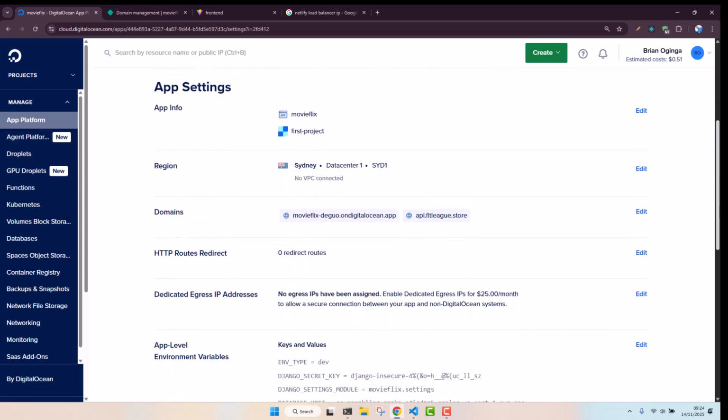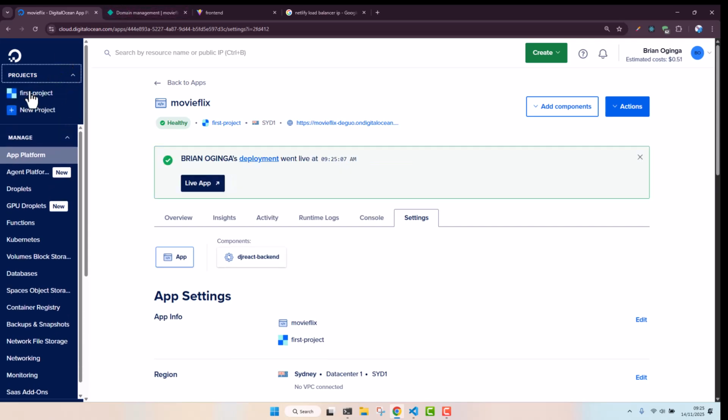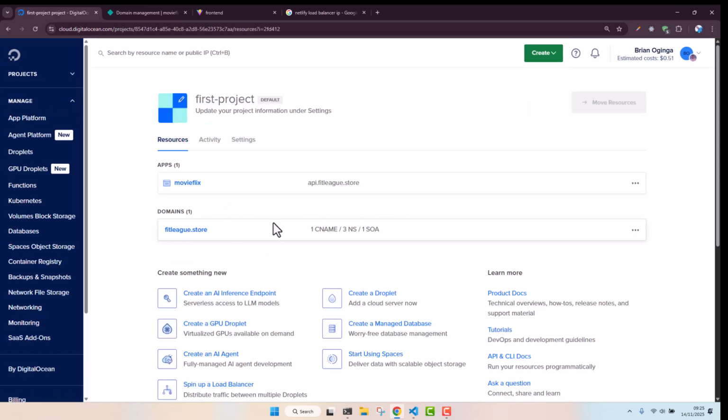Now we need to add some more records. We need to add some CNAME records as well as A records to our application. So let's head over to our project section, and then under projects, just choose the first project. Okay, so under domains you can see that we have the fitlik.store domain. So we need to add 3 main records. That is an A record that is going to map our fitlik.store domain with Netlify's load balancer, as well as a CNAME record for our Django API URL with the random name URL that was generated by the app platform. So to manage that, we need to click on the domain,